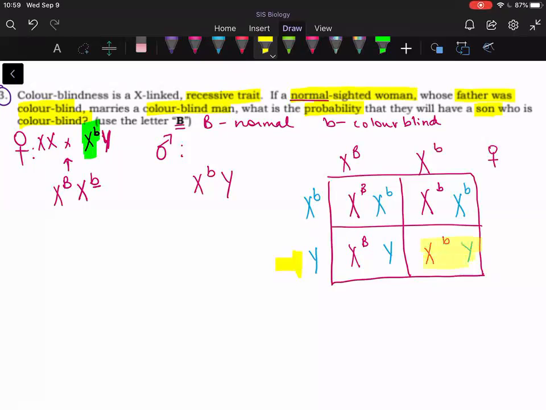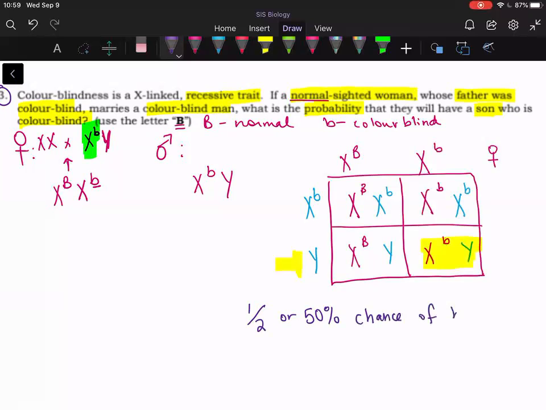So this right here is the only son that is going to be colorblind. Now, how many sons are possible? 2 out of 4. And so when it says, what is the probability that they will have a son that is colorblind? You're only looking at 2 options. So it's 1 out of 2 or 50% chance